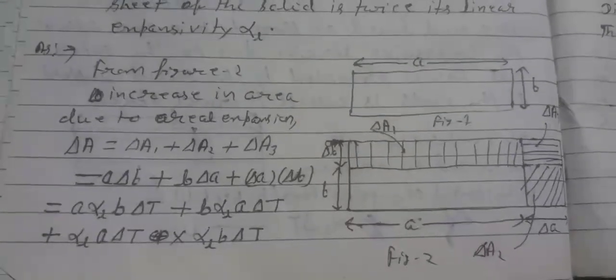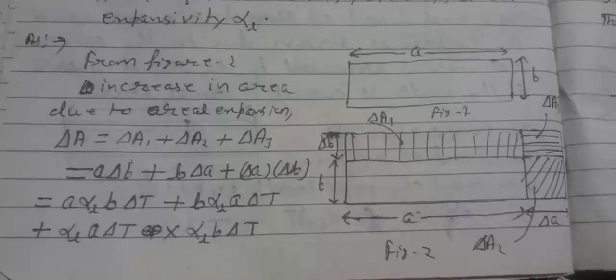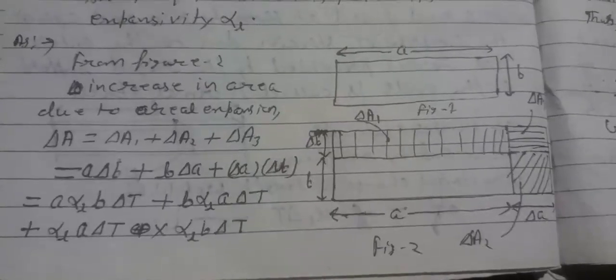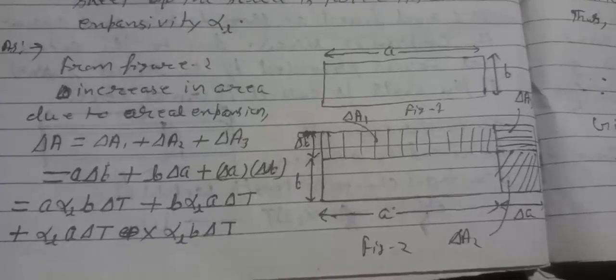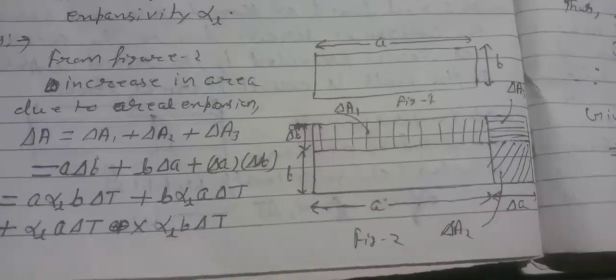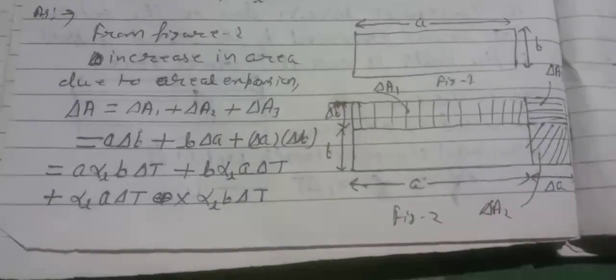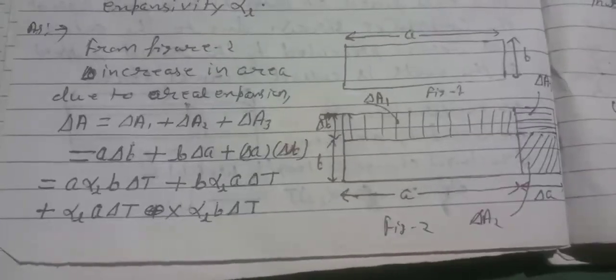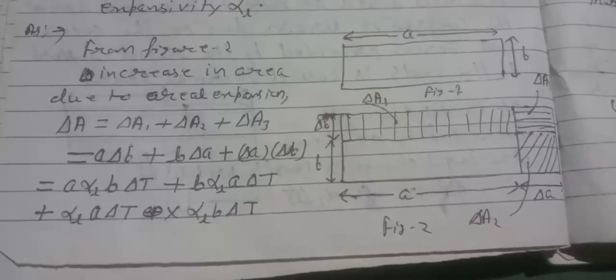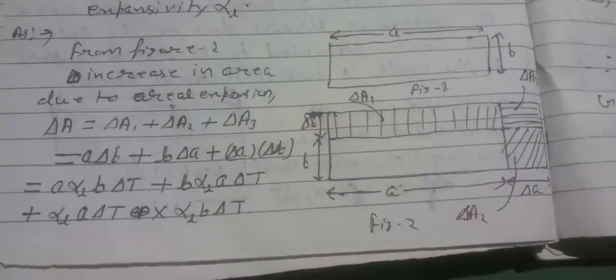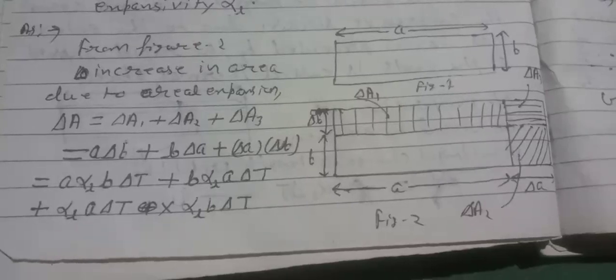Now from figure 2, the increase in area due to areal expansion, delta A equals delta A1 plus delta A2 plus delta A3, equals A into delta B plus B into delta A plus delta A into delta B, equals A into alpha L B into delta T plus B into alpha L A into delta T plus alpha L A into delta T into alpha L B into delta T, equals